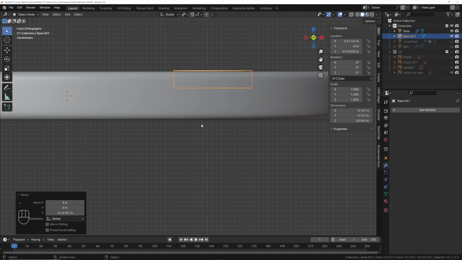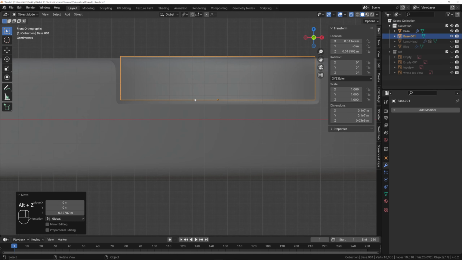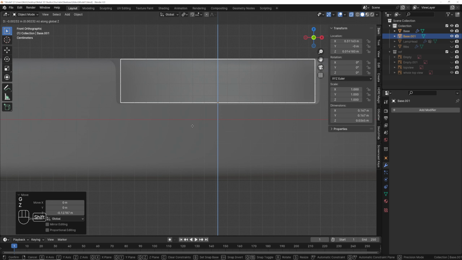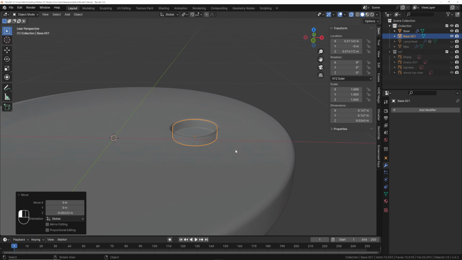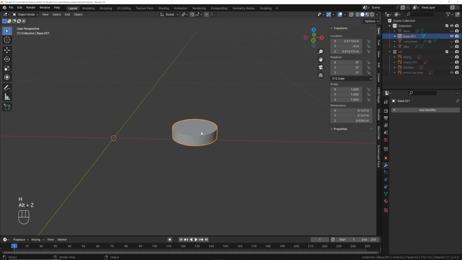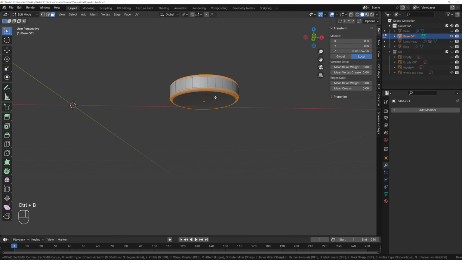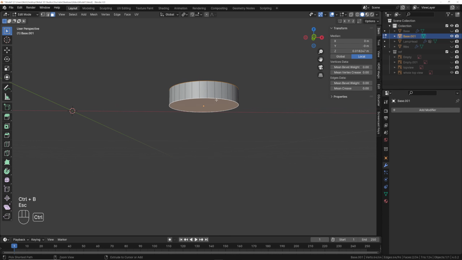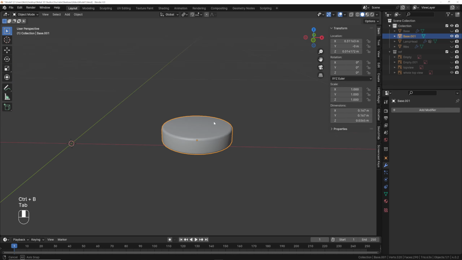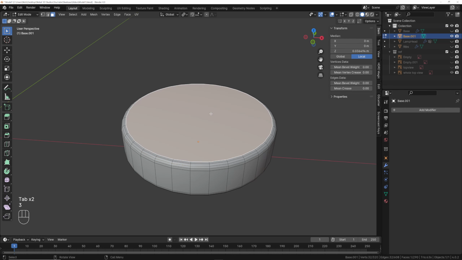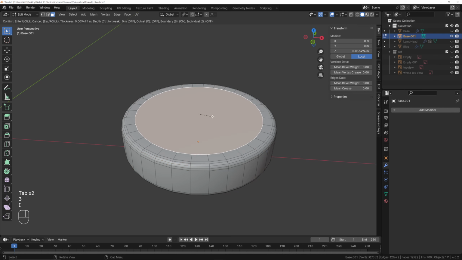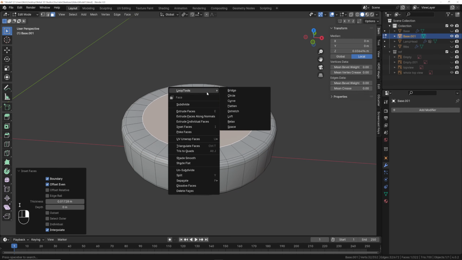We're going to the front view. This will never matter, but I'm just going to make sure it's not intersecting. Just going to bring it down. And then I'm going to hide this for a second. Alt Z, tab in edit mode, grab both of these planes, Control B. Actually, let's do that. Well, no, we can do it now. Control B there. And then I'm going to tab into edit mode, click this face, inset it like this. I'm going to right click, loop tools, and basically make a